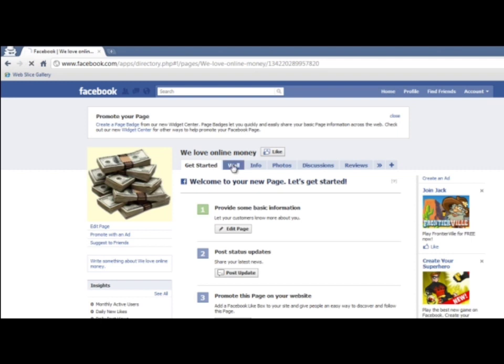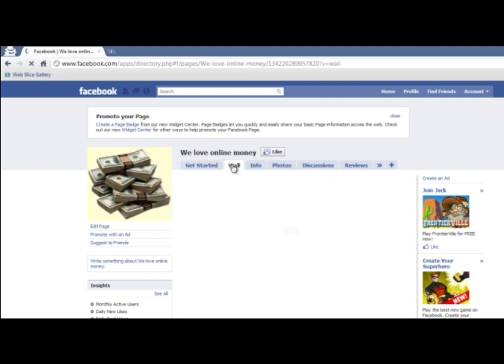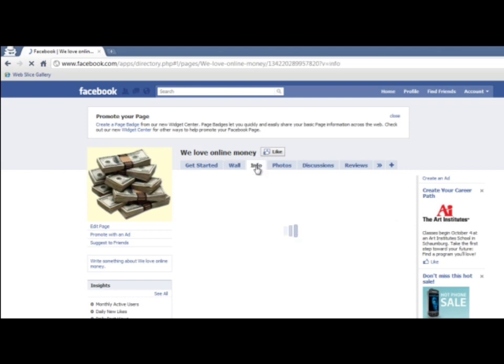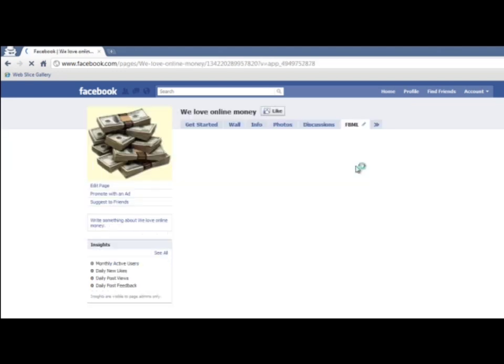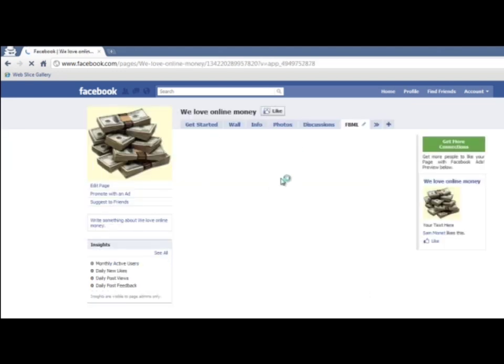This is our wall where you post content, info about your business. This is where you can put photographs. This is where you can have discussions, etc. Click the arrows to see some more links, and this is FBML1. There's nothing here because we need to actually set it up. You can do so by clicking edit page